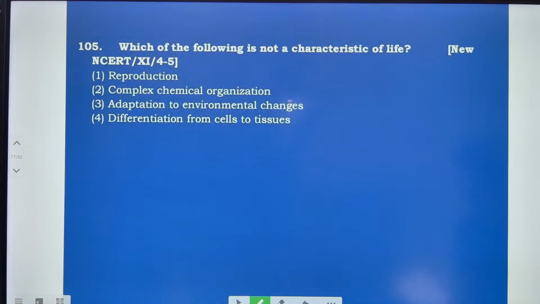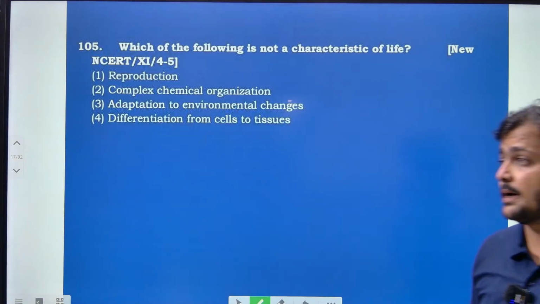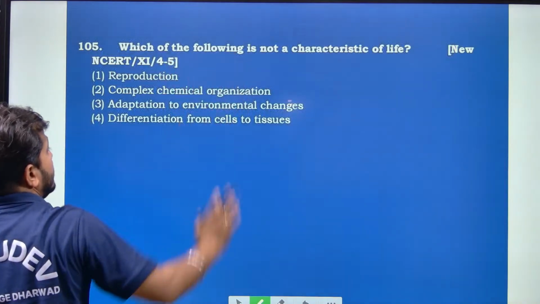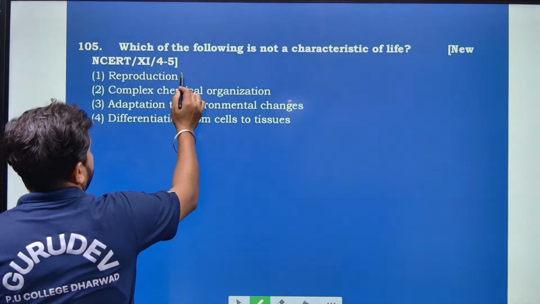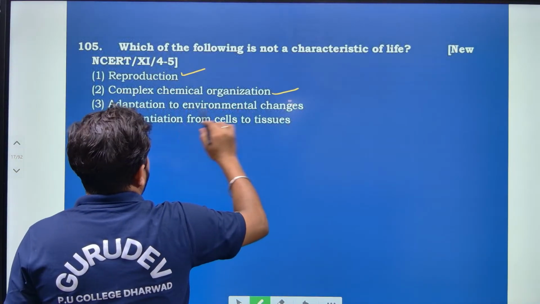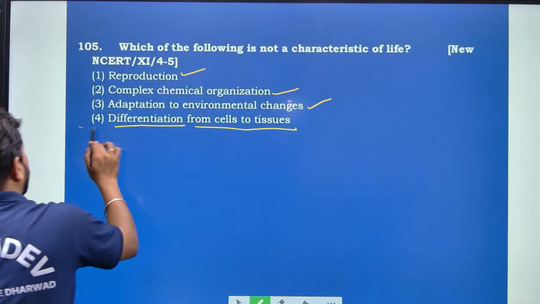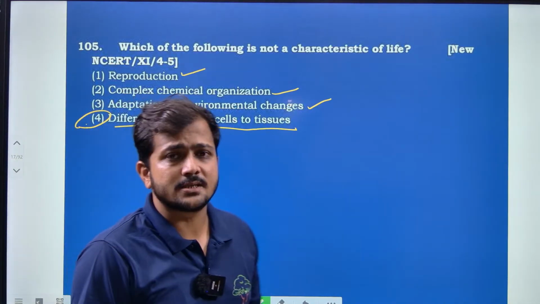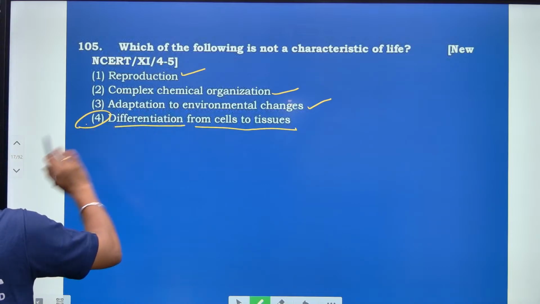According to that, if I consider the characteristics of life, they include responsiveness to the environment, environmental conditions, and reproduction. All those activities are included as characteristics of life. So here reproduction is a characteristic of life, then complex chemical organization can be seen, and adaptation to environmental changes can also be seen. Differentiation from cells to tissues, this we are not going to include as a characteristic of life, right? It is a character of the cell, right? So definitely differentiation from cell to tissue is not included in the characteristics of life here,